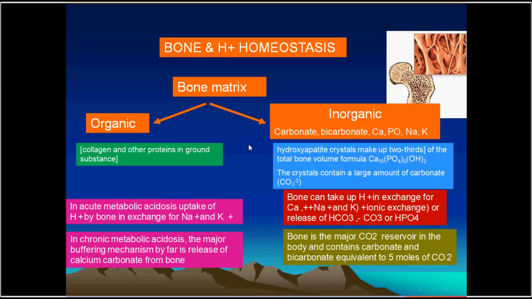The inorganic material is present in the form of hydroxyapatite crystals. This includes carbonate, bicarbonate, calcium, phosphate, sodium, and potassium. All of them can take up hydrogen ions in exchange for calcium, sodium, or potassium, or release bicarbonate, carbonate, or phosphate. So the bone itself is a major reserve as a buffer